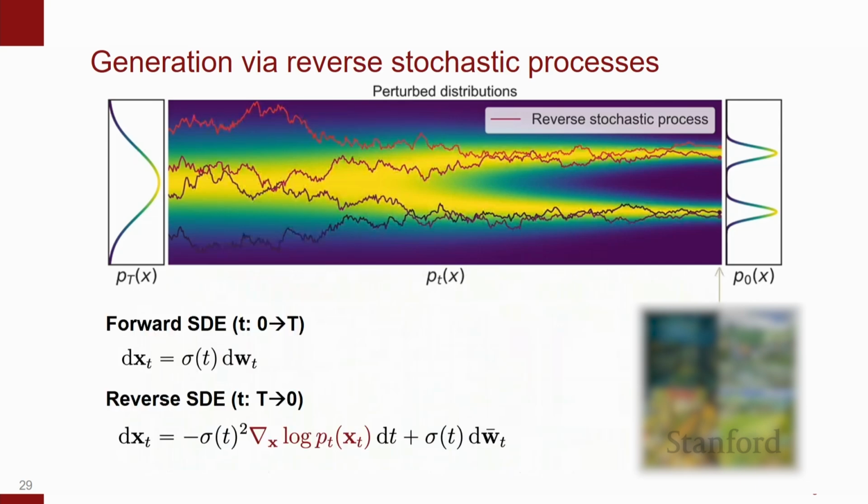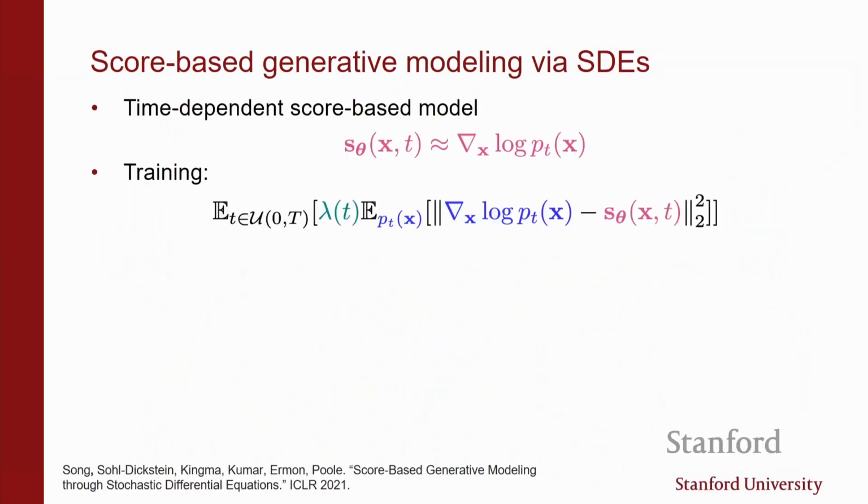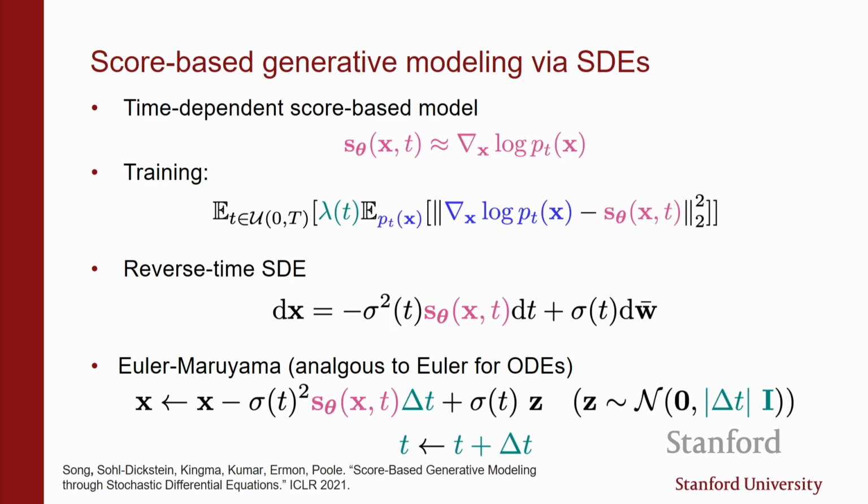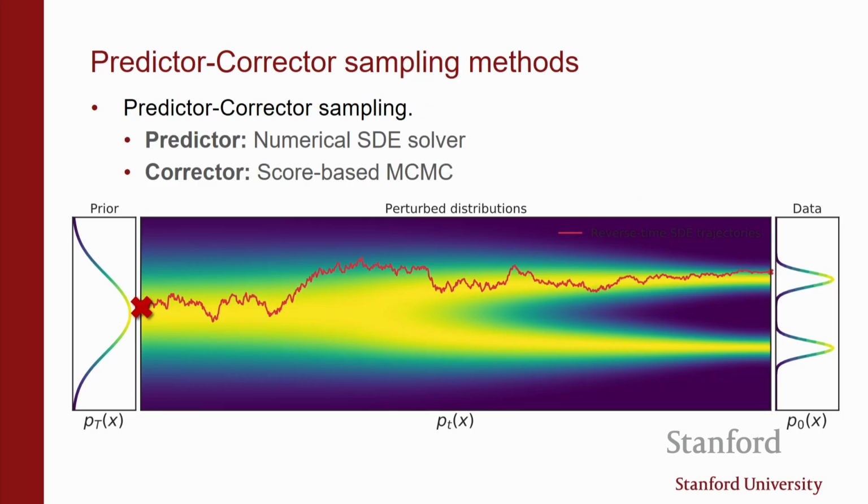And so you step through time and you discretize, you try to find a solution to this trajectory that goes from noise to data, basically. And that's sort of like the main idea of the score-based diffusion models. And there is actually a connection with what we were seeing before when we were doing Langevin dynamics. How is that related to